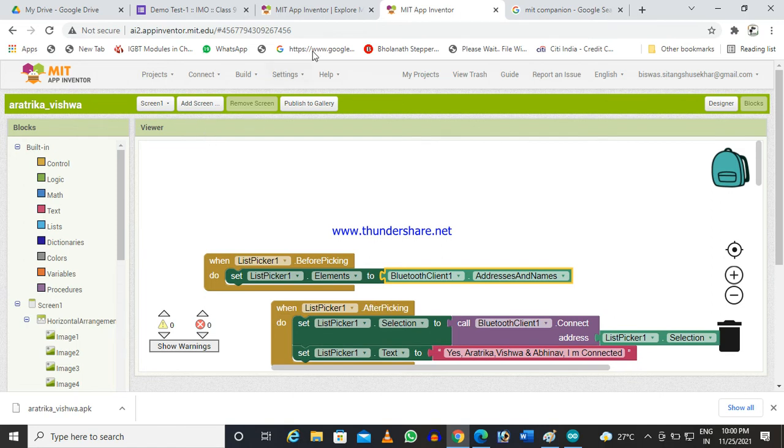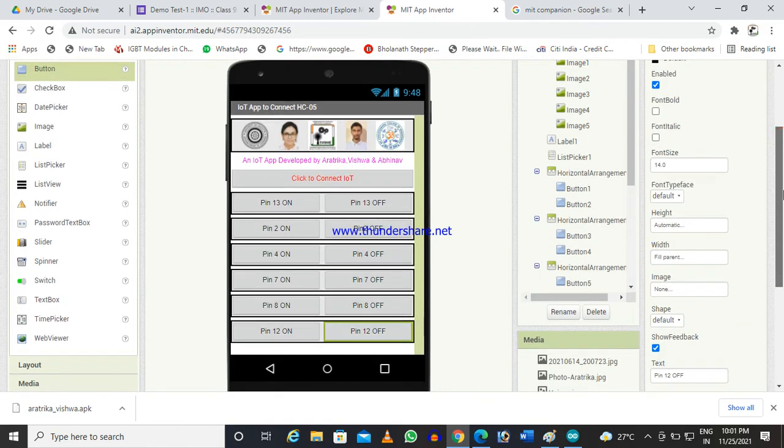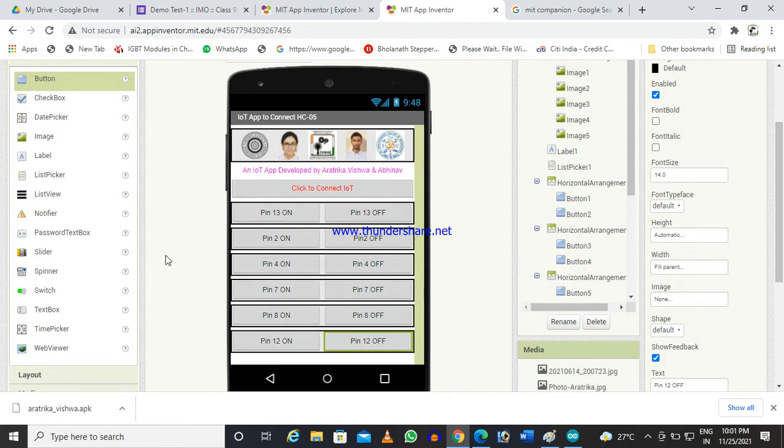Android part. So here we have used MIT App Inventor. How to make this in detail, I will tell you later because it is very simple. So here you see, this is the app. When it is run on our phone, it will look like this. The first horizontal section is some images. Those are the students who are working with me to develop this kind of thing.